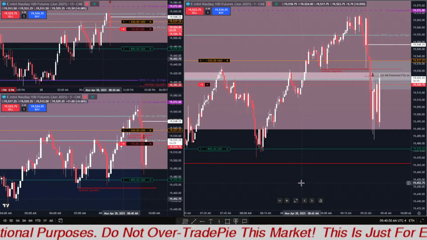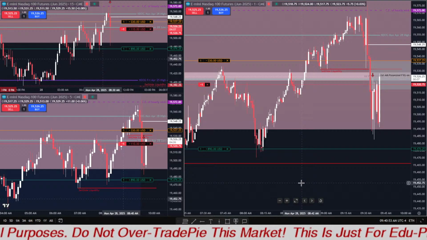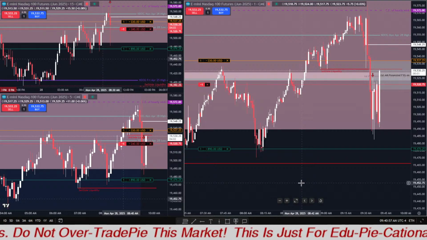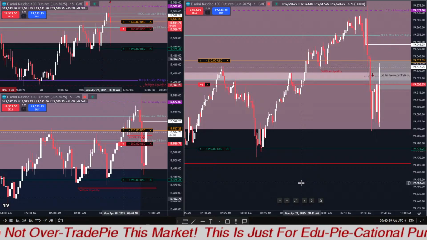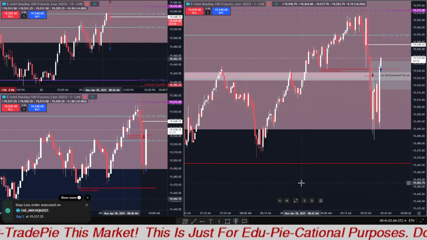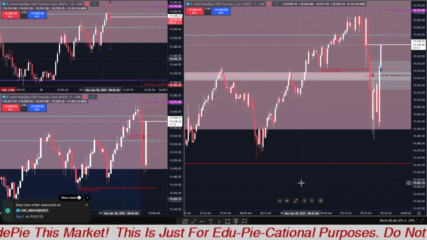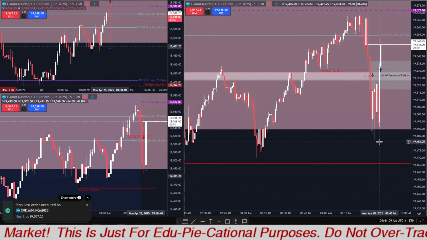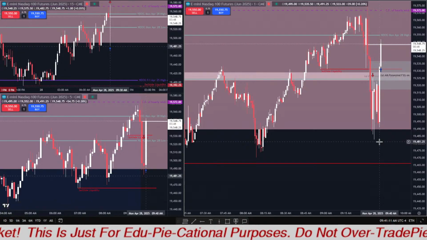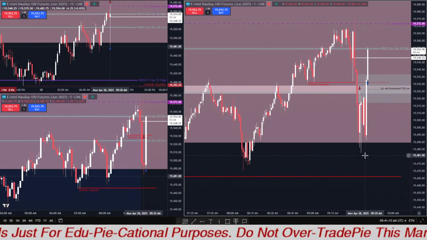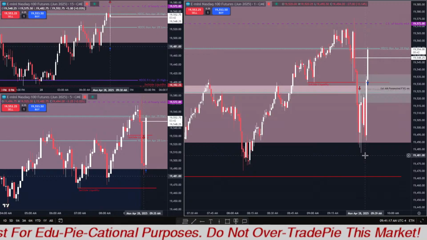We are touching the consequent encroachment of the first presented fair value gap of today. Okay, the first position, even though it was going low and getting very close to our target, our stop hit and we are out. Once again, we touched the high of the new week opening gap,